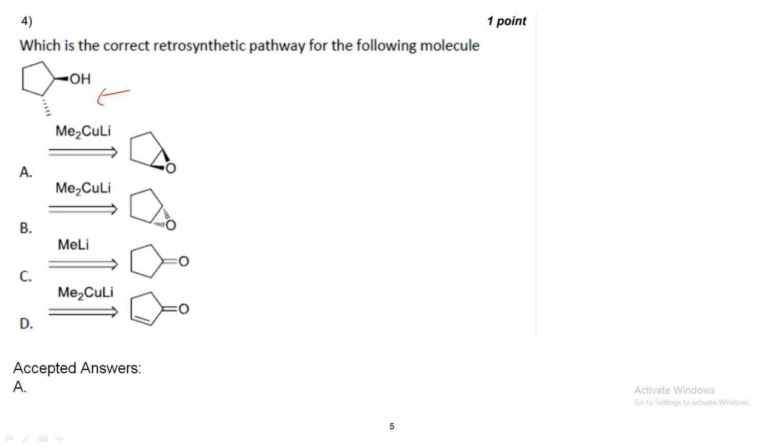Here, for three cases, the nucleophile is this Gilman reagent, which is copper lithium type. The presence of copper makes the nucleophile a little softer, whereas methyl lithium is a very hard nucleophile. So that's the only difference between these Gilman type reagents and methyl lithium reagents. And here you can see, if we do the methyl attack